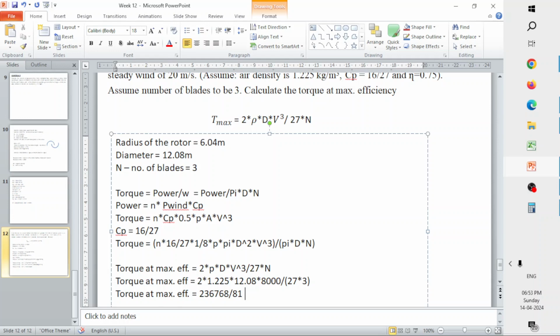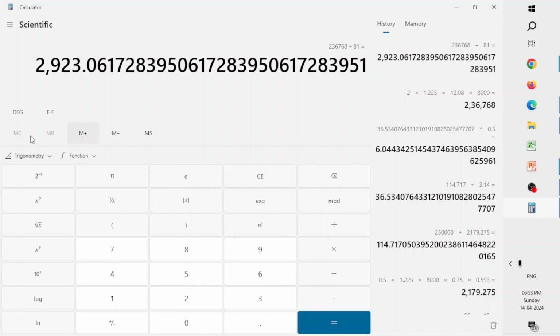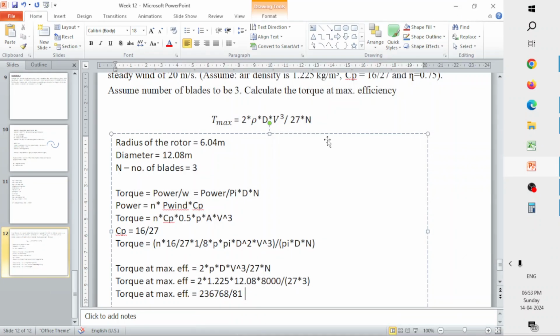So this will be the torque, 2923.06. 2923.06. What will be the units